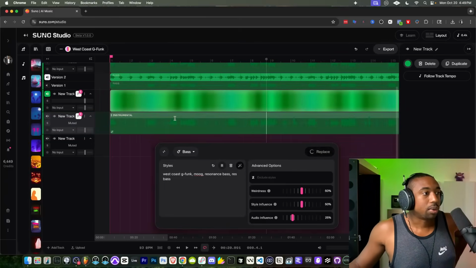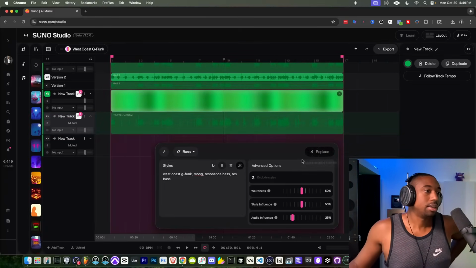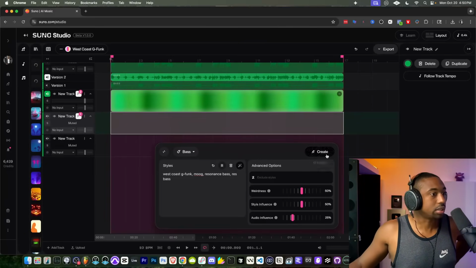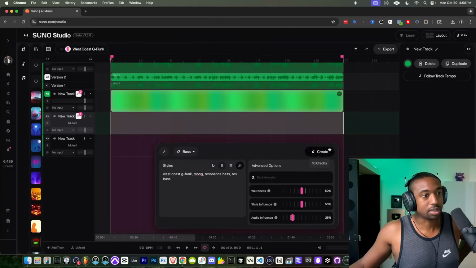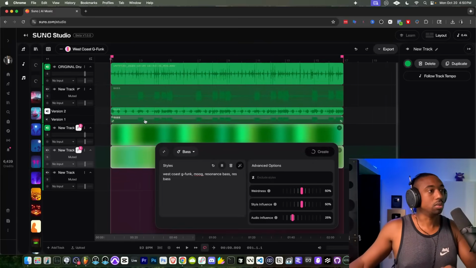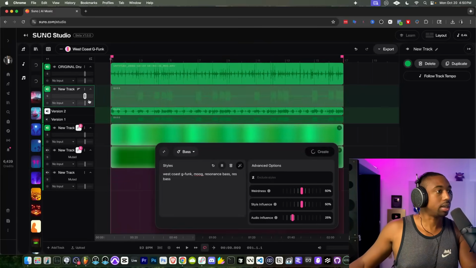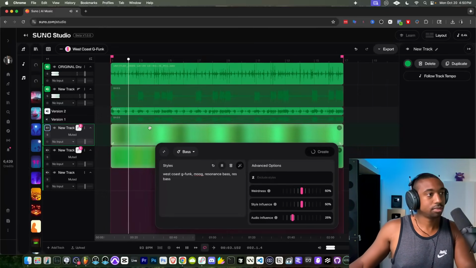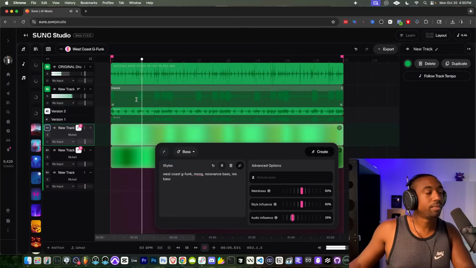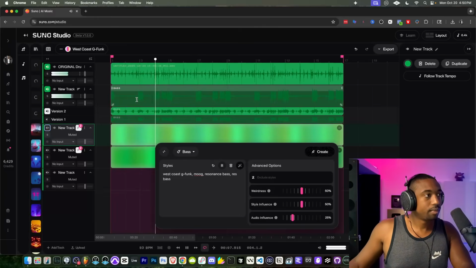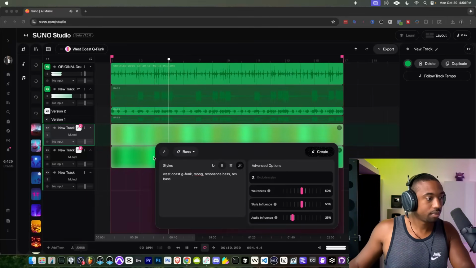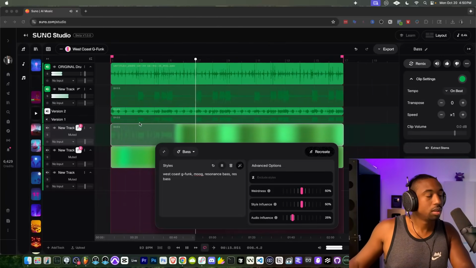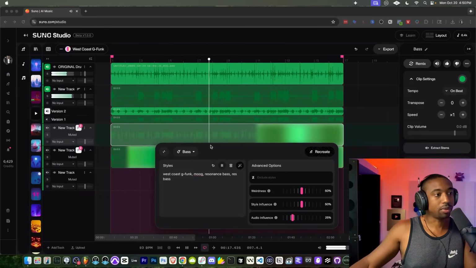And okay, so now we're gonna make sure we highlight this track and replace. Actually, let me see here. Let's just delete this entirely and just create a bass. Now make sure this says bass so we don't waste any credits here. All right, so let's see what we have so far. Here's our electric bass. Now that would be a cool vibe if we have nice chords.